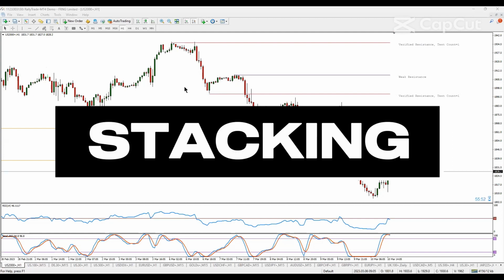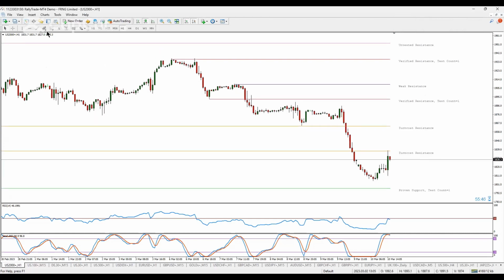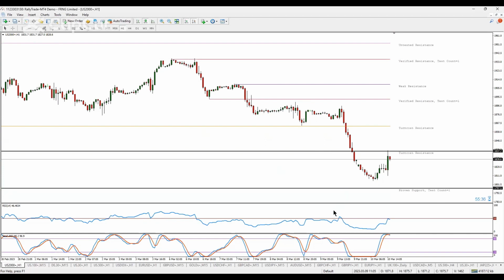Let's go straight into this stacking thing. First of all, I have to draw my support and resistance levels very fast. Now I'm using this indicator called the stochastic RSI indicator. You can get it once you have funded your account. Now for stacking and scalping, you need at least 1 million naira. I'm not saying you should do 1 million, I'm just telling you that if you really want to scalp,